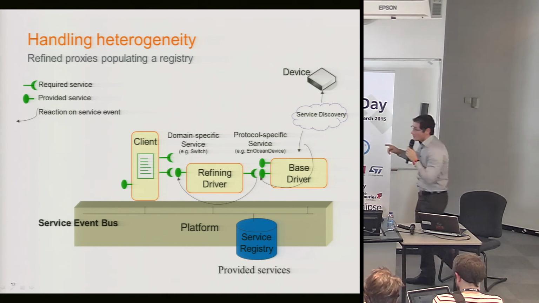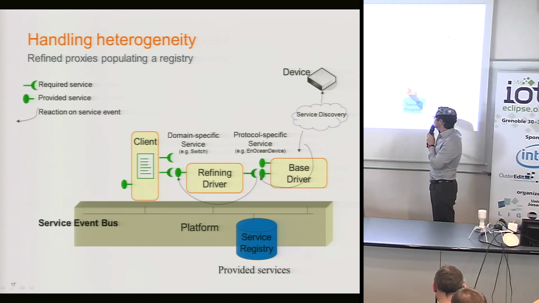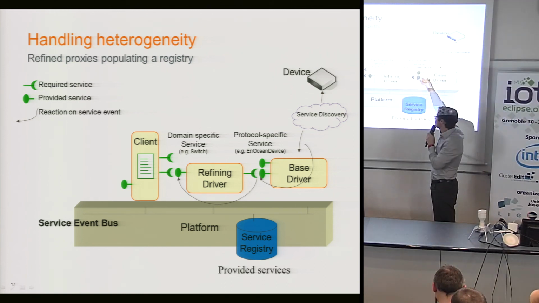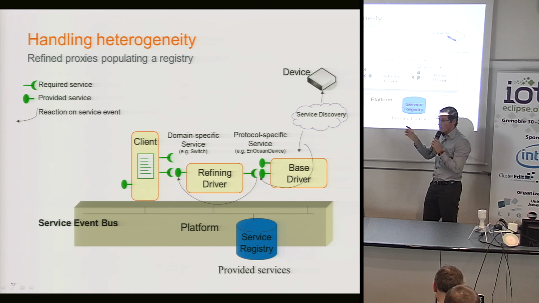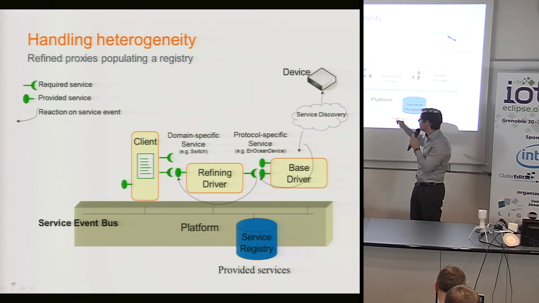Then for a refining driver, the refining driver is just an adapter, listening to events coming from the services that are here, OSGi events saying that there is a device service available of a certain type, for example, an EnOcean device with the right EnOcean switch equipment profile, EEP.